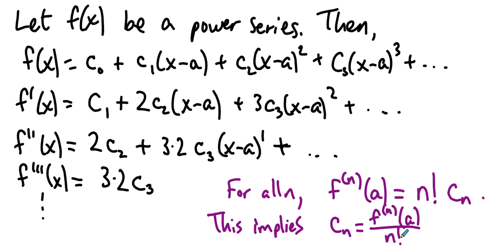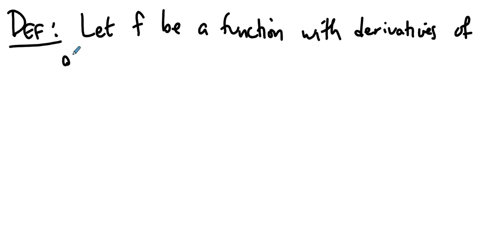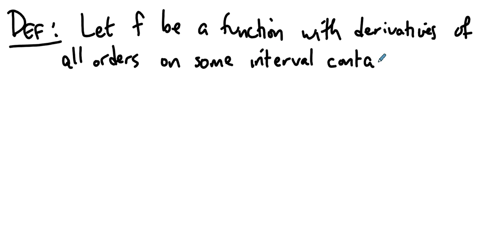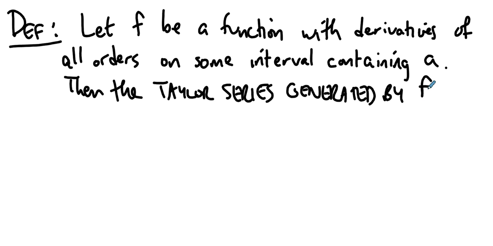If this happens for all derivatives of all orders, then what we have is a Taylor series. And so we'll do the mathy thing and define it, and then talk a little bit about it. So we let f be a function with derivatives of all orders, in other words, we can always take the next derivative, on some interval containing a. Then the Taylor series generated by f at x equals a is,